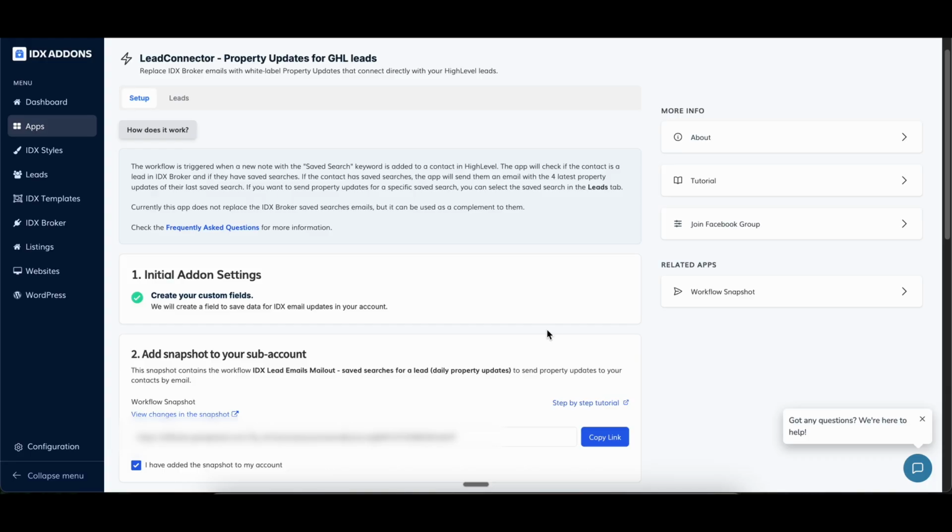I'll show you how you can set up different timing for the property update emails using our Lead Connector property updates for the GHL Leads app on IDX add-ons. All right, this is one of our options that we have to replace, or to use hand in hand with, the IDX Broker emails. This allows you to have a more flexible structure for your emails, and it is